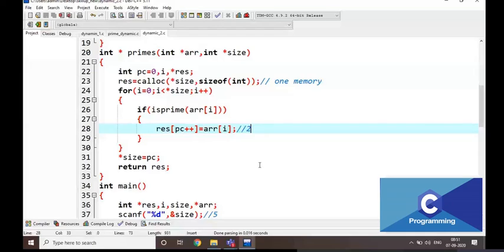Okay. Is it clear, everyone, how we are using dynamic memory allocation instead of static memory allocation? Static means arr of 100. That is the static memory allocation. We are going to initialize some 100 values to arr. But here that is not true, right? We are going to initialize as many memory locations as you want. I want only 5 memory locations. I am going to create only 5 memory locations.